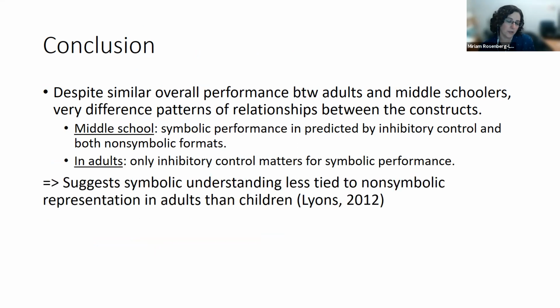And so one idea that we're thinking about here is this would be consistent with some ideas that Ian Lyons and others have put forward of this kind of semantic estrangement, where in whole numbers, number symbols are initially grounded in their non-symbolic representations, but then they come to have an abstract meaning which is separate from their